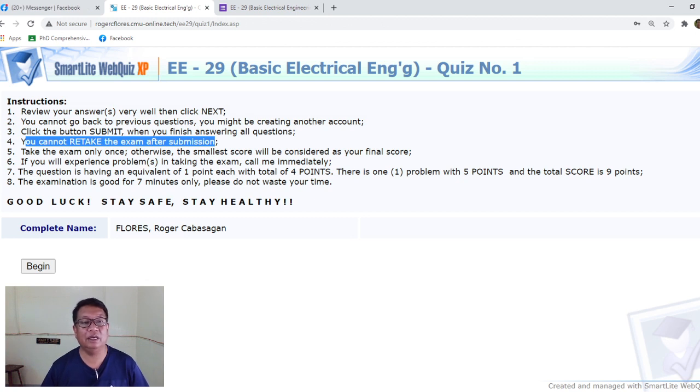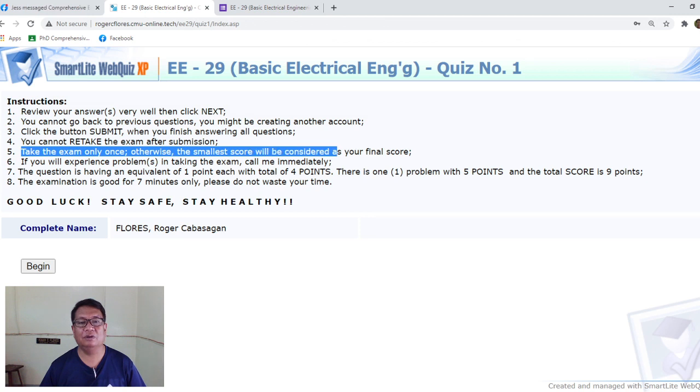You cannot retake the exam after submission. Okay. That's very important, no? Take the exam only once. But of course, as I said earlier, you are given up to 2 accounts if you have a problem with your internet connection or whatever problem that you might encounter. Otherwise, more than 2 accounts you may produce